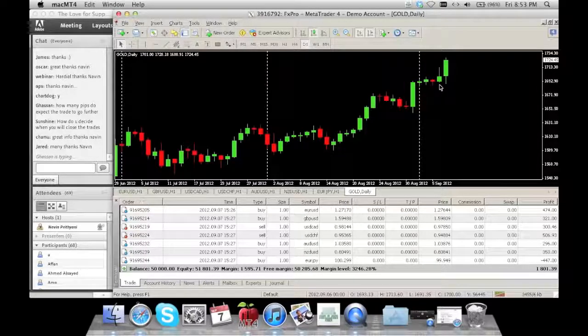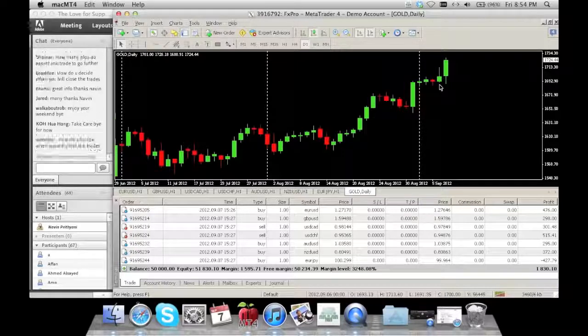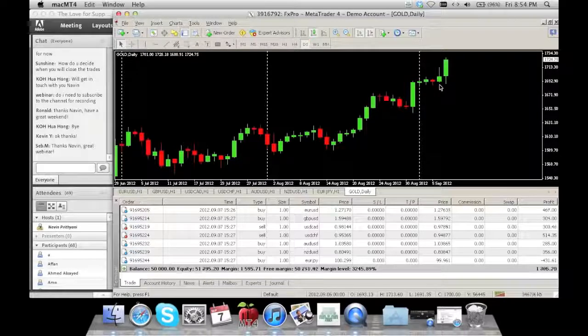All right, guys, for the conference room members, I'm going to leave these trades open. I think I already have the other trades open, and then we'll take a look on Monday on how these current trades ended. How do you decide when you will close the trades? I'm going to close these trades Monday. Okay, just based on statistics, you have to trust your analysis. If it goes against you, it goes against you, but trust your analysis.